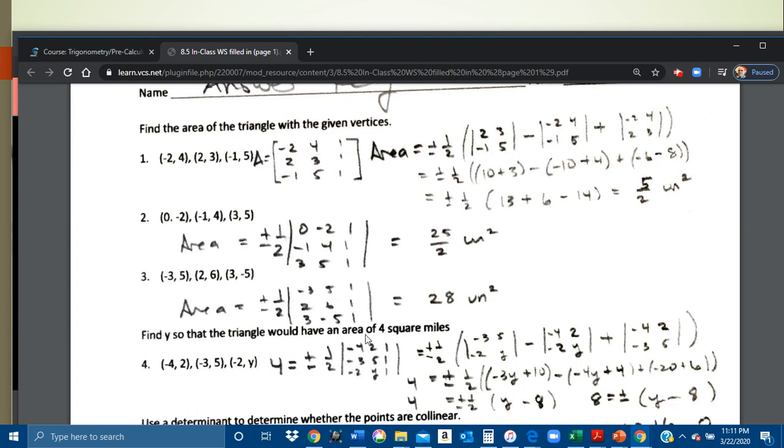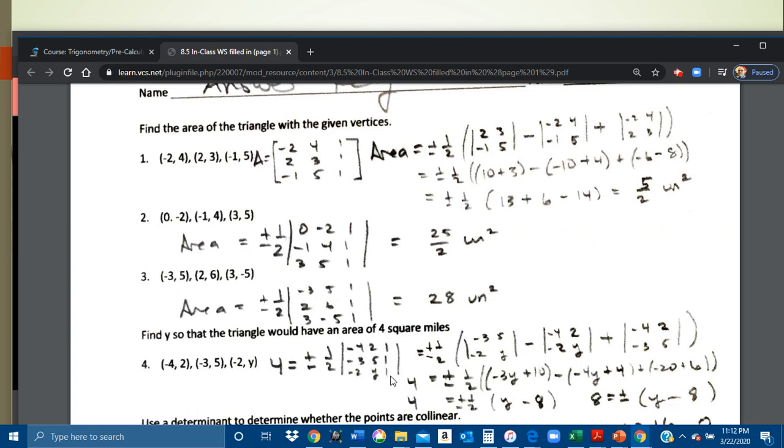So the area of this triangle is going to be plus or minus the determinant of this. Well, I don't know what y is, so I have to solve for it. So it's plus or minus 1/2. Now I'm going to take 1 times the determinant of this, -3 times y, minus 5 times -2. So -3, 5, -2, y. So -3y plus 10,